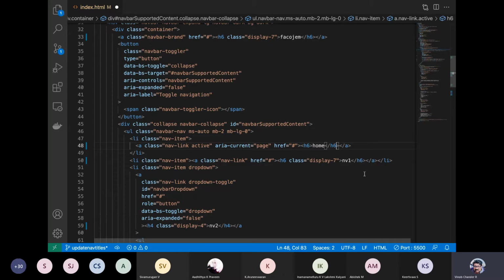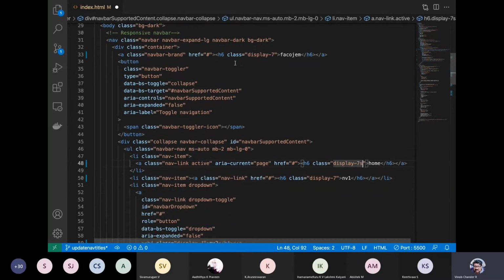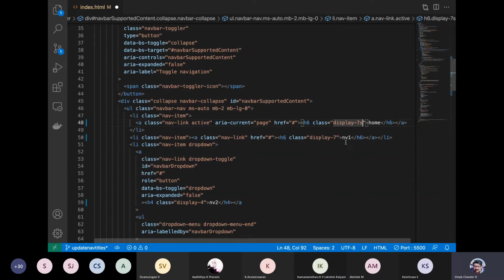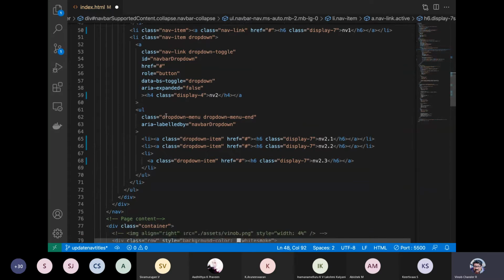H6, class display 7. All right, so let us just ensure that we have done the same thing for all the titles. H6 class display 7 for FACOGEM, home, navbar 1, and then we have navbar 2.